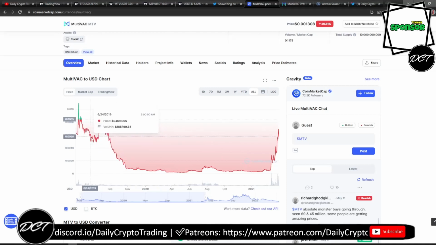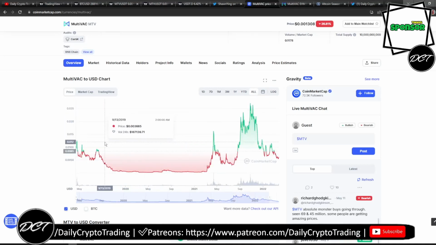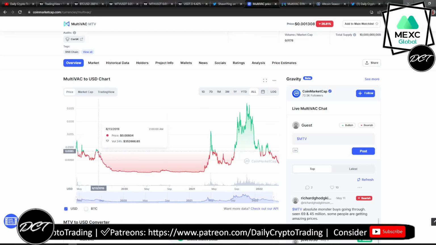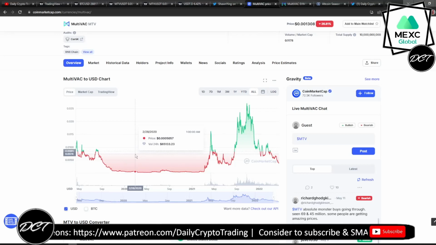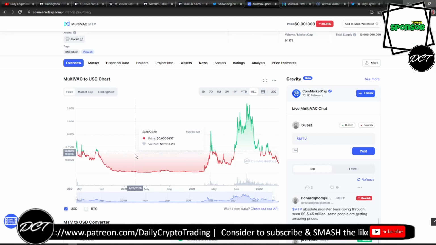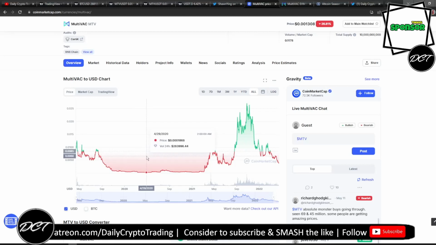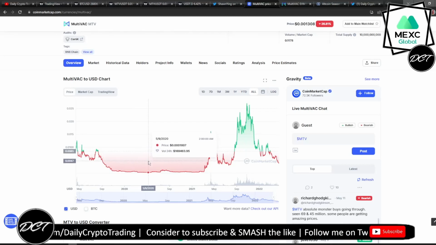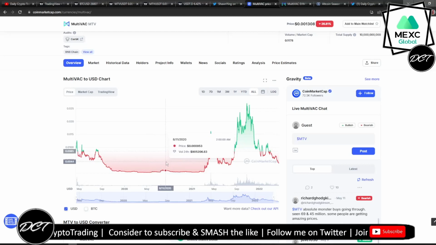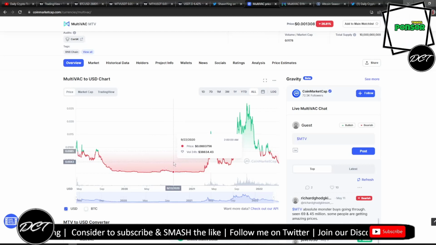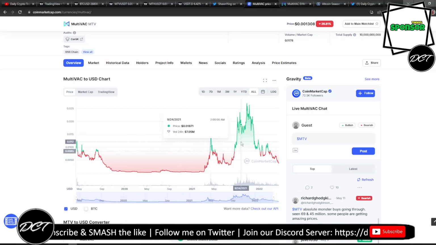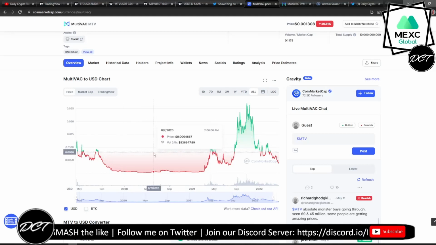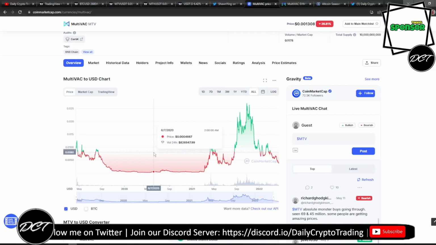If you look at CoinMarketCap, we can see that MultiVac was actually born in the bear market, right? And they had a long bear market. Just look at the price from 2019. They were literally born there, and they just keep building, keep developing, keep the tech going, while no one heard about them and the price was extremely low. So we came to the new bull run, and then the price skyrocketed. So I do believe that since they were born in the bear market and survived the first one, they will survive the next one.